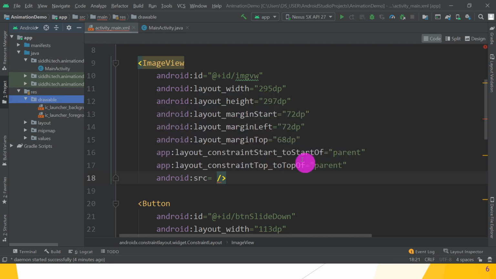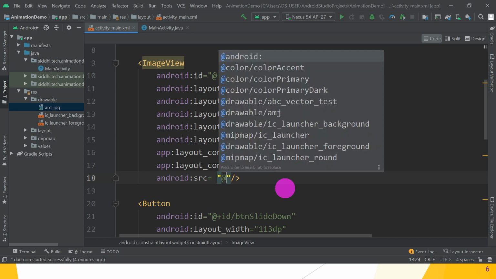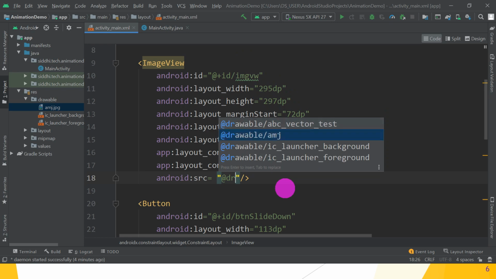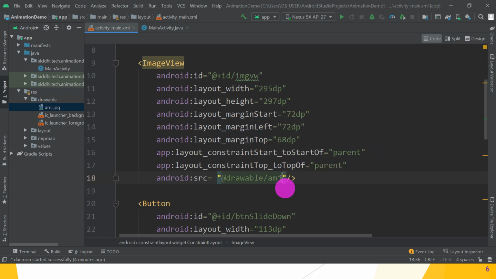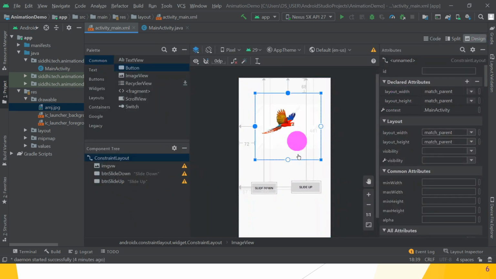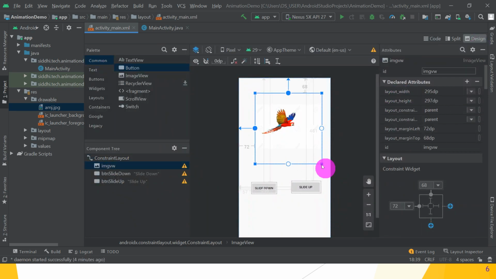Okay, great. So this is the image present. Now Android source, from where we want this image, @drawable/amj. Great. Now open your design view and check that this image is attached to your image view.